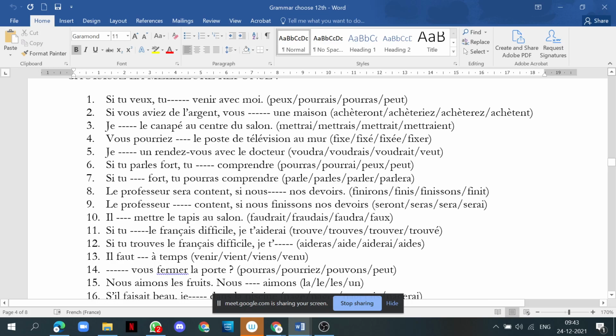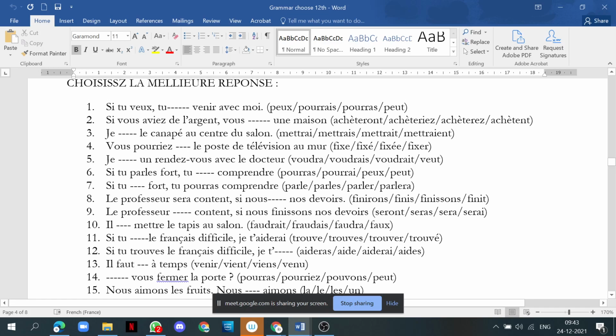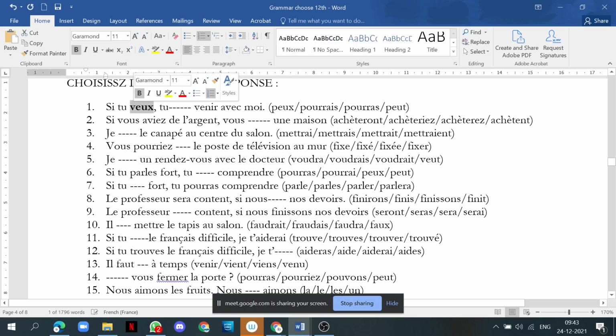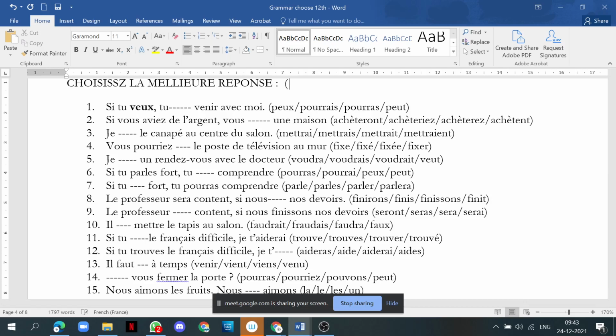I will tell you a few of the sentences here. See, you have this verb. C plus present tense. Now what verb do we have to conjugate here? When there is a present tense, you have to conjugate the future simple. What are the future simple endings? AI, AS, A. So to find the answer, you only need one thing: the endings. Only if you know the endings can we find it. So AI, AS, A, ONS,